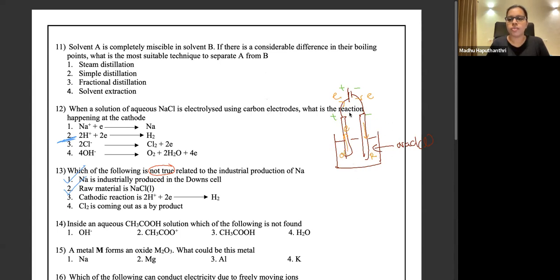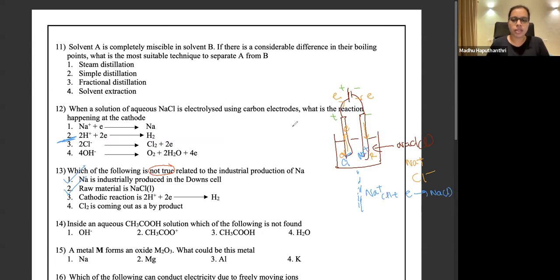Then think about the ions. We have sodium ion here, chloride ion here, because it's NaCl liquid only. Then Na+ is going to the negative terminal. Cl- is going to the positive terminal. Right? So reduction, there's only one species to undergo reduction. So Na+ liquid is taking an electron to go to sodium liquid.